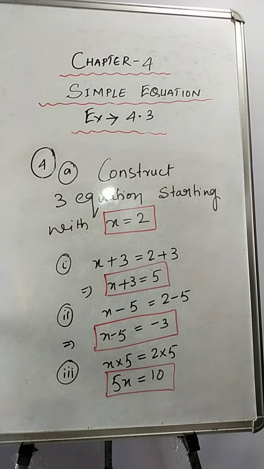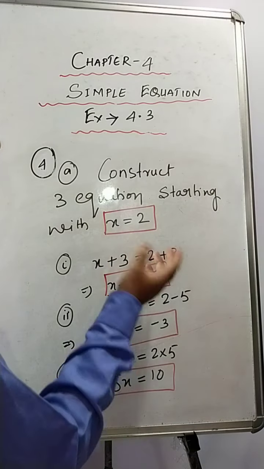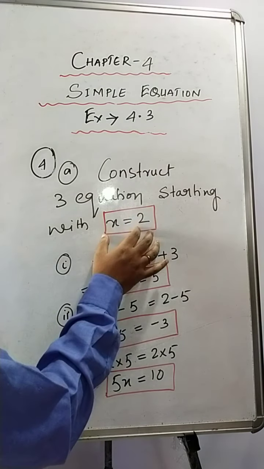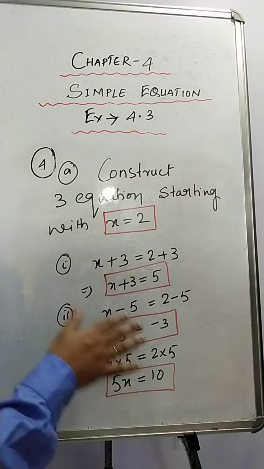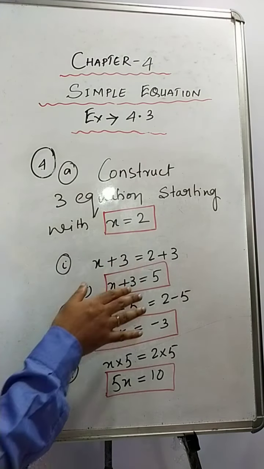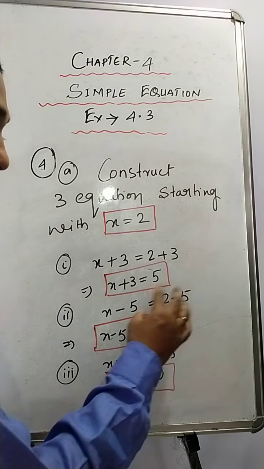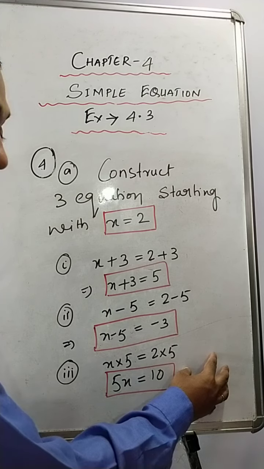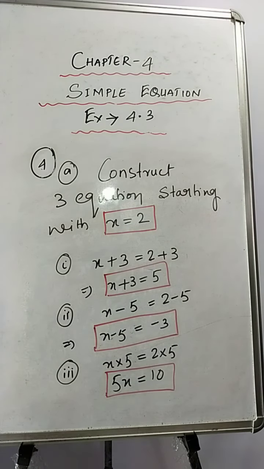Okay, so this is how you can construct any number of equations from the given equation. Okay, that is the starting point. If it is given, then you can frame as many equations as you want. So what is the first thing we did? We added, then we subtracted any number to both the sides, then finally you can multiply or you can divide also, no problem. Okay, so this is how you will do sum number B, students. Fine. So sum number B of question number 4 would be your